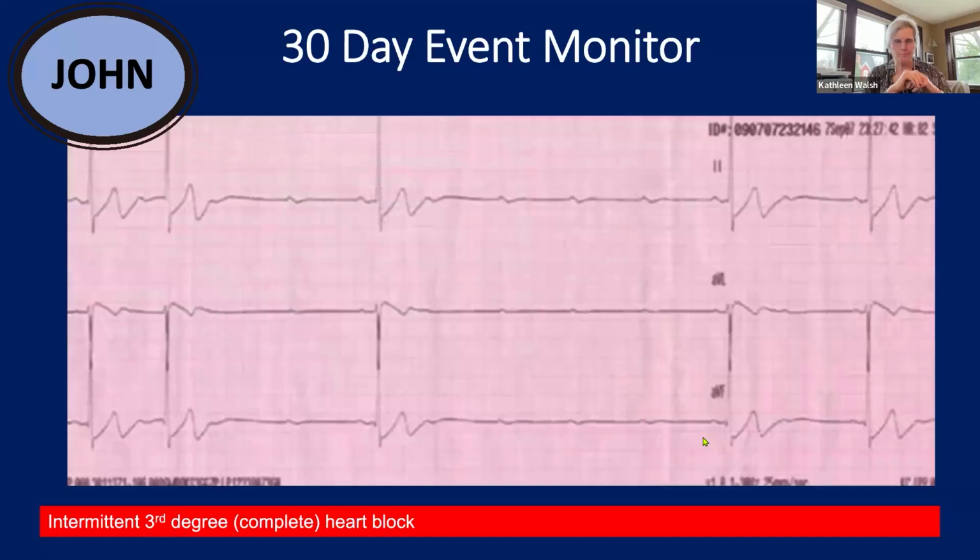Next one, please. So for John, remember I said he had the aortic valve replacement. Any of your patients with any cardiac work, particularly on their valves, aortic valve in particular, mitral valve not as much, but the aortic valve, that is right through the conduction system, through the wiring of the heart.